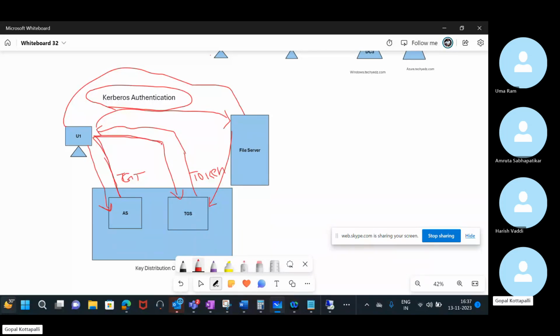Now the request will be forwarded to the ticket granting server. This ticket granting server will authenticate the ticket granting ticket which was issued by the authentication server, and then it will issue a token. It will say, go and talk to the file server, use this token and go to the file server. This token will be forwarded to the user, and the user will carry this token